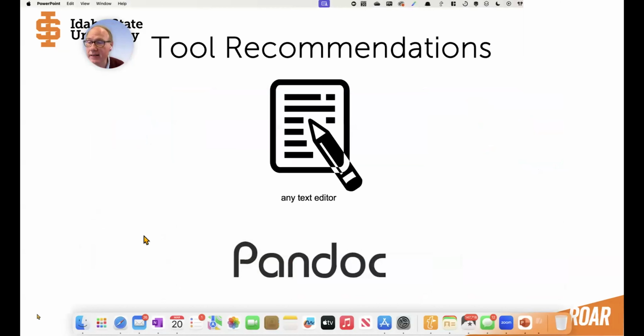And let me go back to the good converting program, which is called Pandoc. Pandoc will convert from any format to any format. So if you want a PDF, an HTML, or Word document, you can use Pandoc to take your Markdown document and convert it. The only issue with Pandoc is it's a terminal-based program. What that means is you pull up a terminal in Windows or Mac and you type in commands, but the commands are pretty easy to learn.